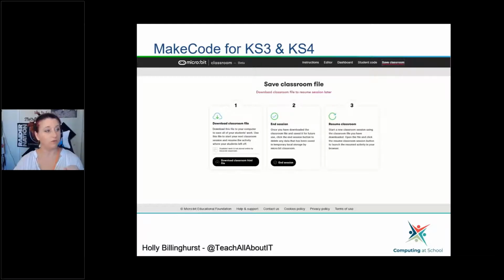You go up to the dashboard at the top there, and from that dashboard you can then send that code out, and you can actually edit as you go. So if you wanted to create your skeleton code as you go along, it will